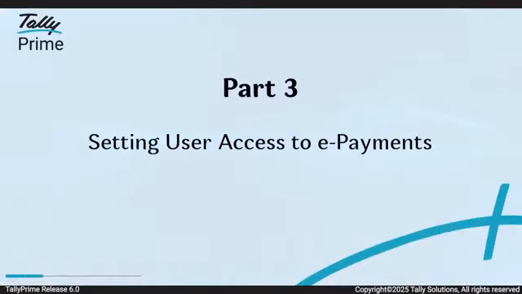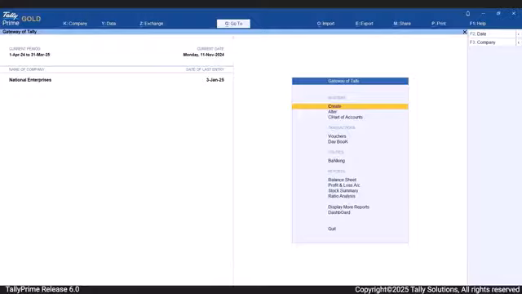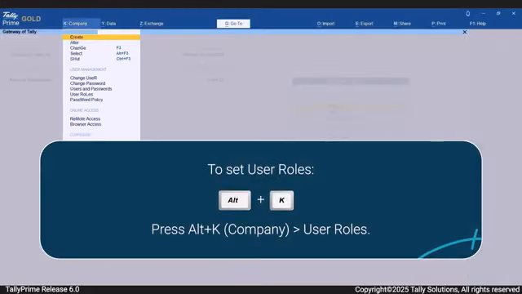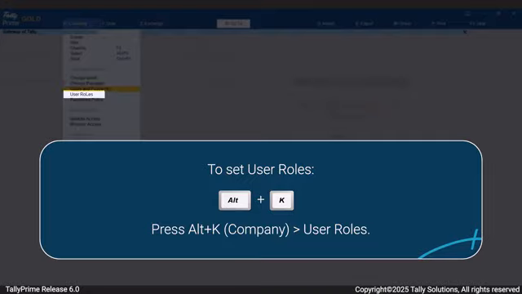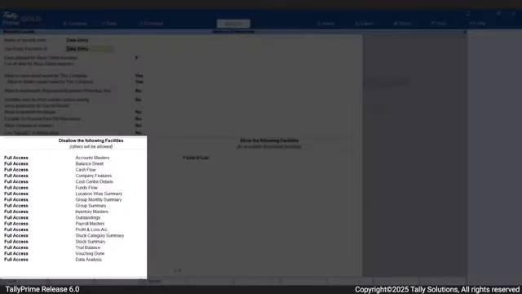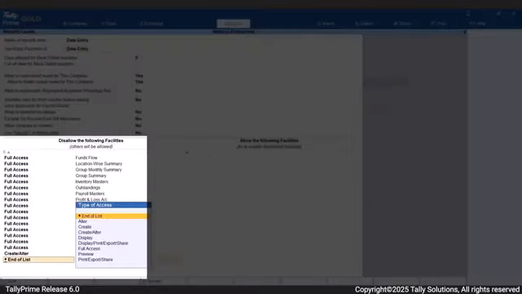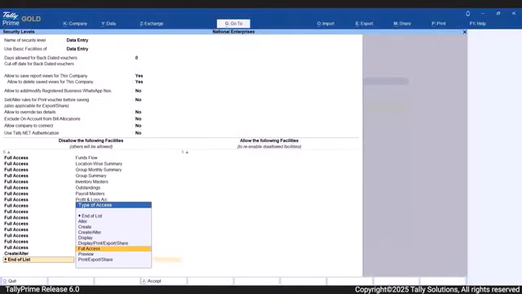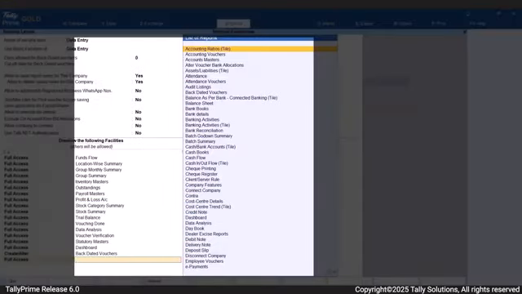Now, you might want to allow or restrict a set of users from using the ePayments feature. Press Alt-K and select User Roles. Under Disallow the following facilities, select Full Access. Under List of Reports, select ePayments.